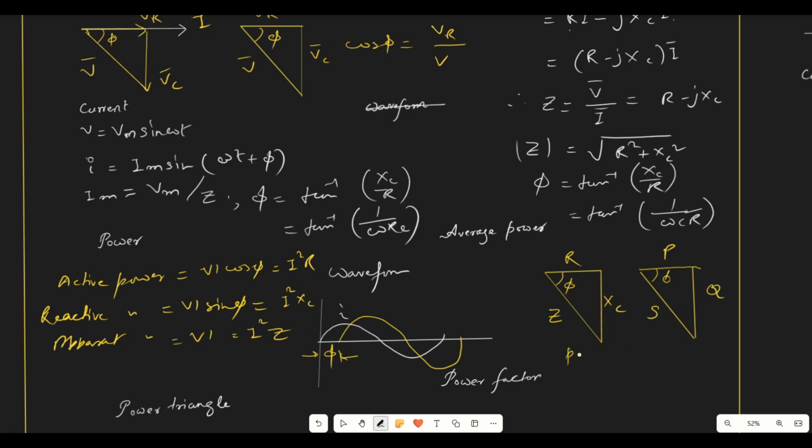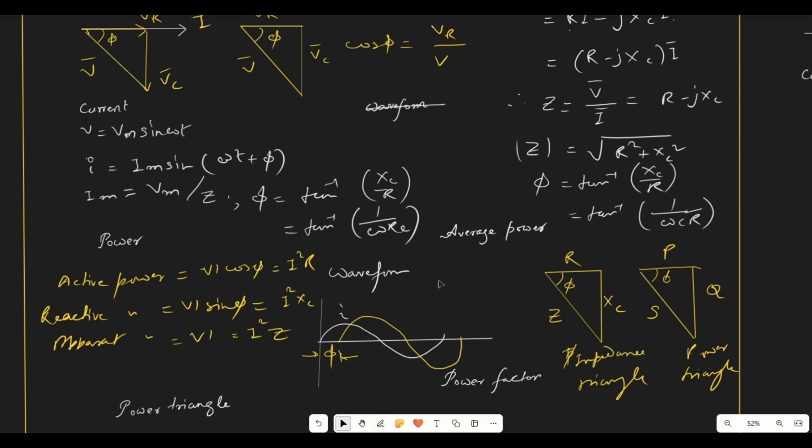So this is the impedance triangle. This is the impedance triangle, and this is the power triangle, right? So the power factor is, as we know, the power factor in case of the voltage triangle, it is